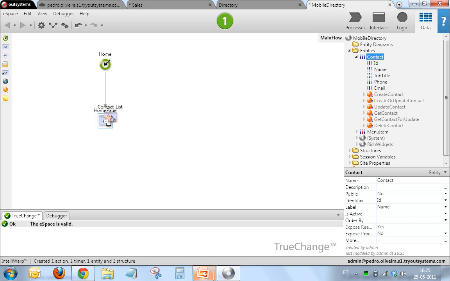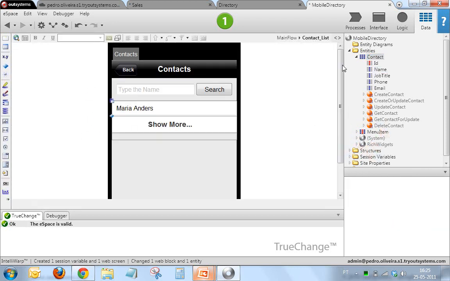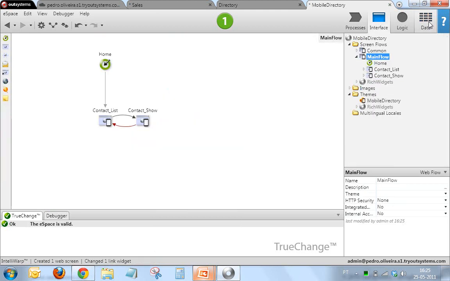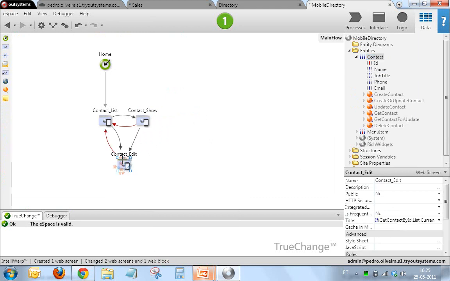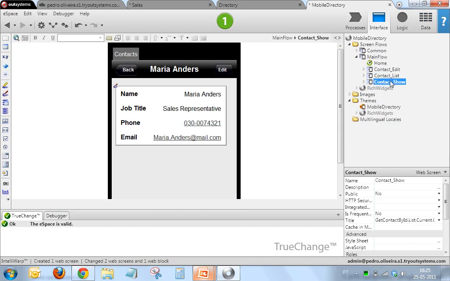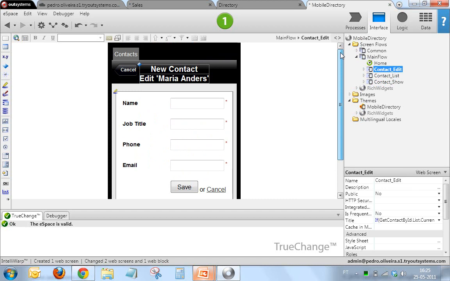And now I can just drag the entity to my Webflow. And as I open my Webflow, you'll notice immediately that it looks like a mobile web application already. It actually looks very good. I can just say I want to create a new contact show. I can effectively create also the contact edit. And as I have this specific mobile theme selected, I have a very good looking list page, a very good looking edit page, show page, that really look at home in a device,